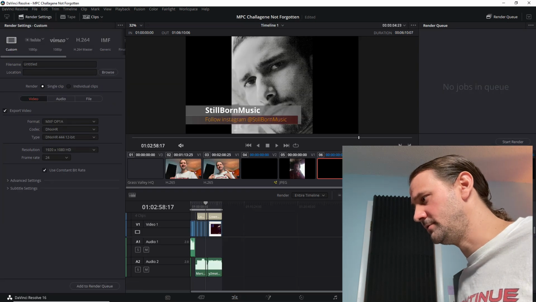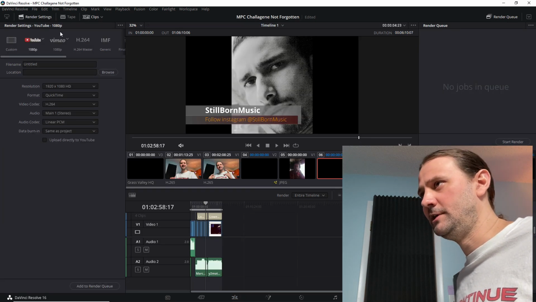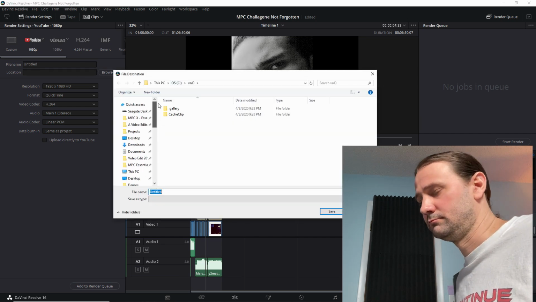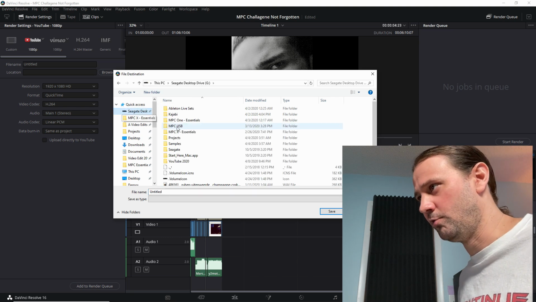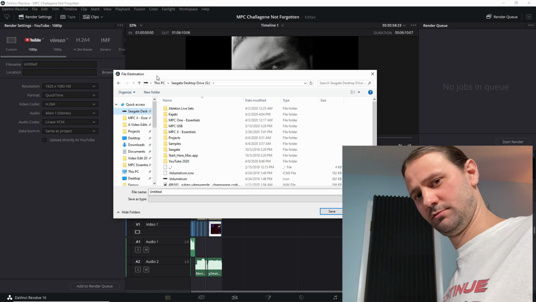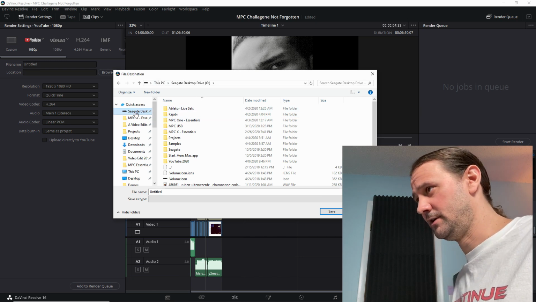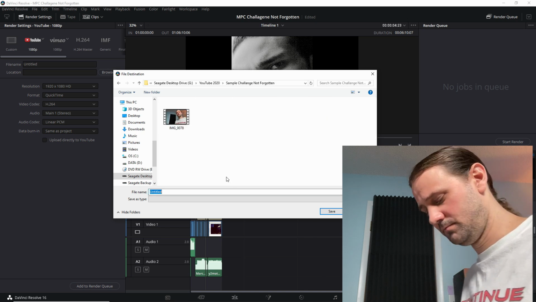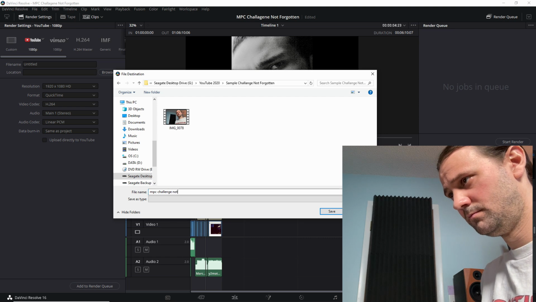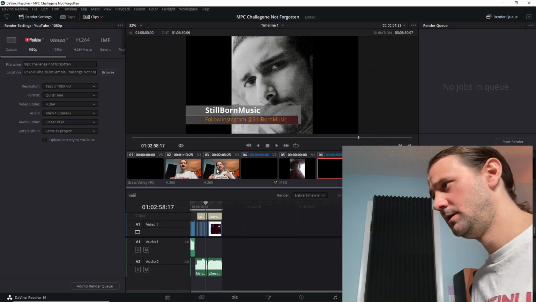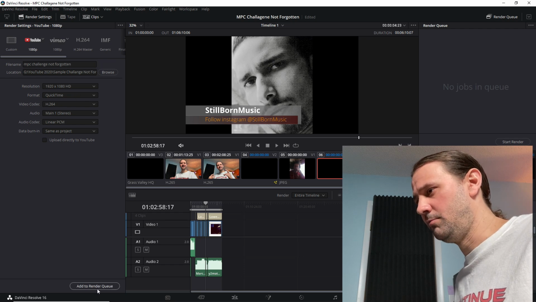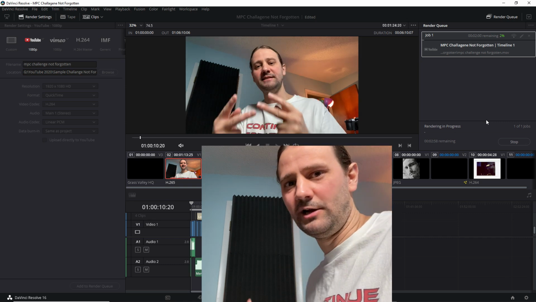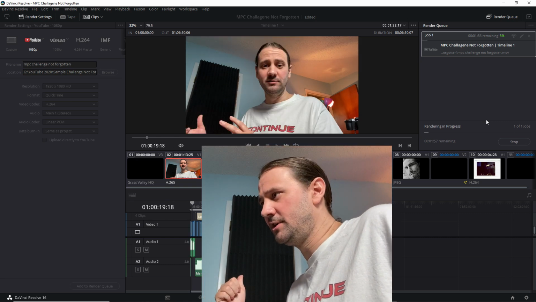So once I'm done with it, I'll just go to my export settings over here. I'm just going to hit this preset for YouTube. I don't even want to think about it too much. I just hit the preset. You know what I mean? This is just going to be 1080p. I didn't record it in 4K, so we'll roll with it. And then I'll save it into here, right there. And then once I do that, I'll hit add to render queue, and then I'll start the render, and then I'll wait for it to be rendered, and then that's pretty much it.